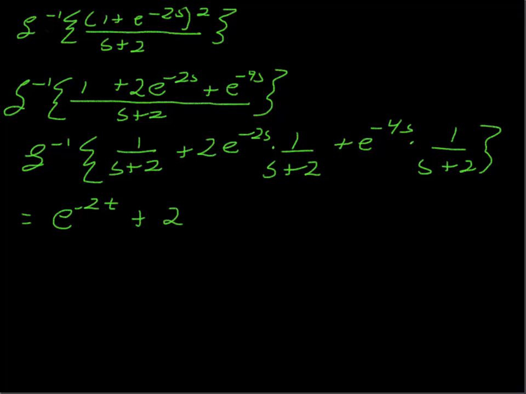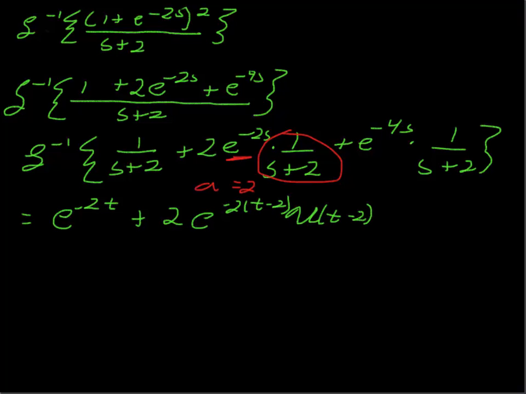Here, because we have the e to the negative 2s, this is going to be a unit step function with a equaling 2. So what we have here is 2 times, so then this function here, which is e to the negative 2t, will automatically be translated by that 2 per the second translation theorem. So this is going to be 2 times e to, again, we have the 2 here, so this would be negative 2, and then the translation, which is t minus 2, and then times the unit step function of t